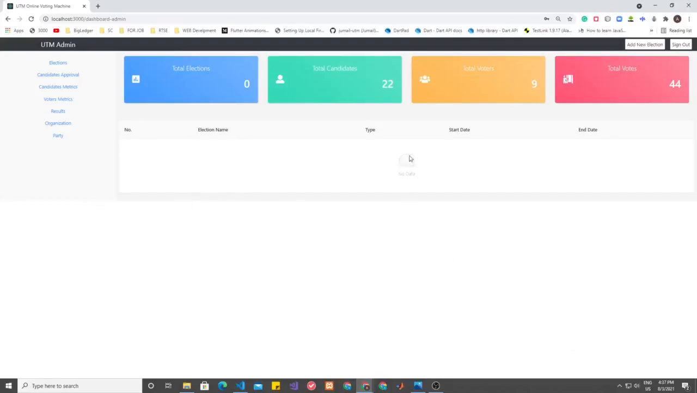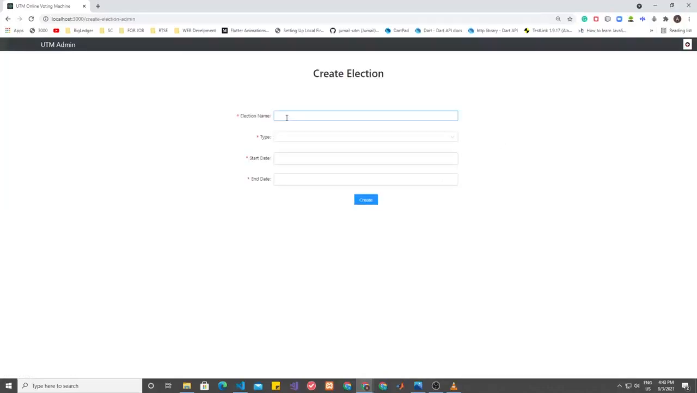Right now, there is no election running in the system. So that's why no election is displaying here. Whenever we click add new election, there will be a create election page. Suppose we want to create an election for ISS Pakistan,